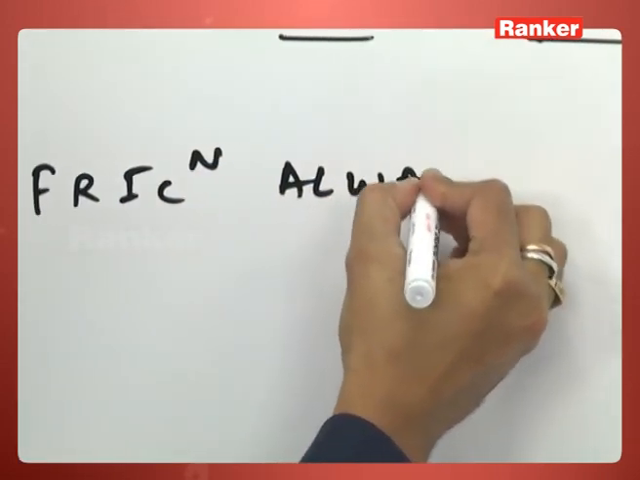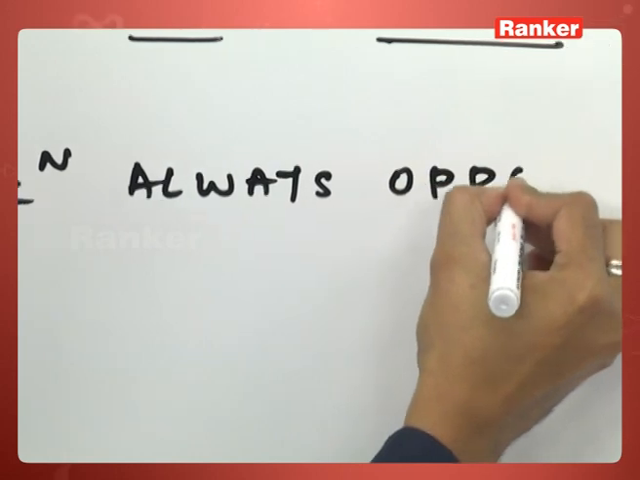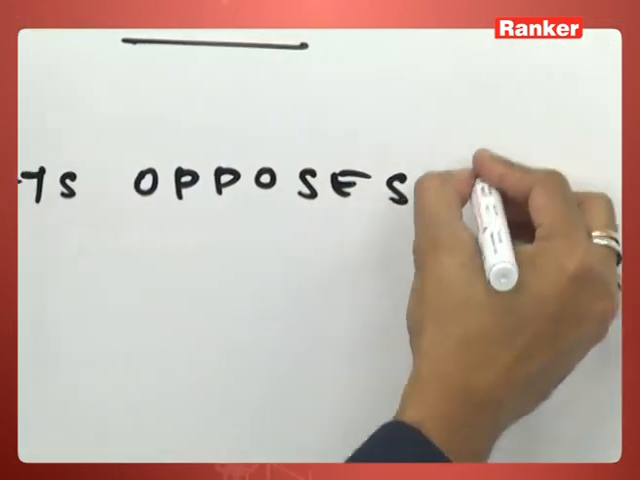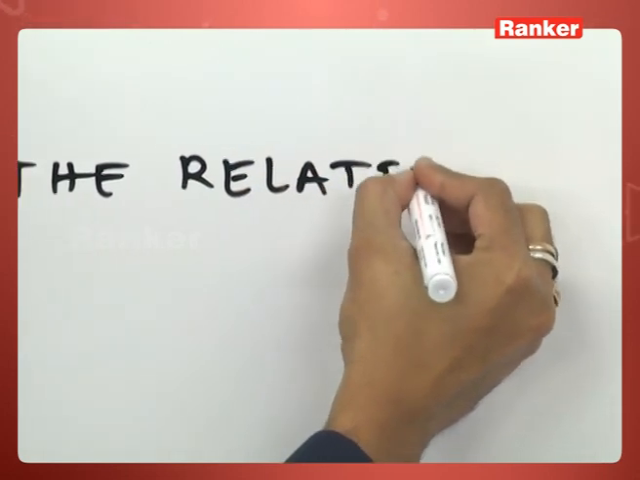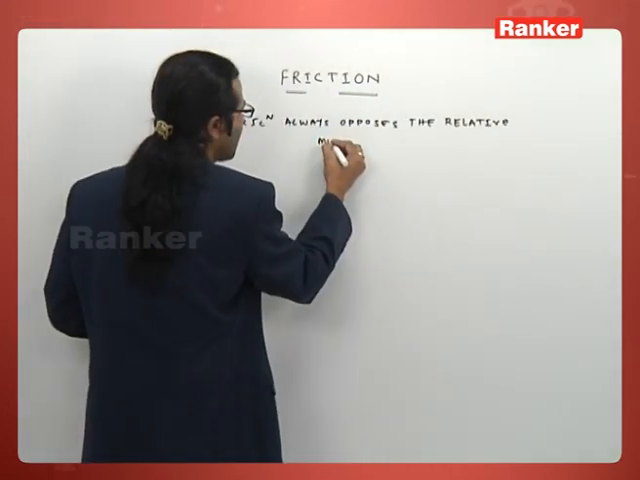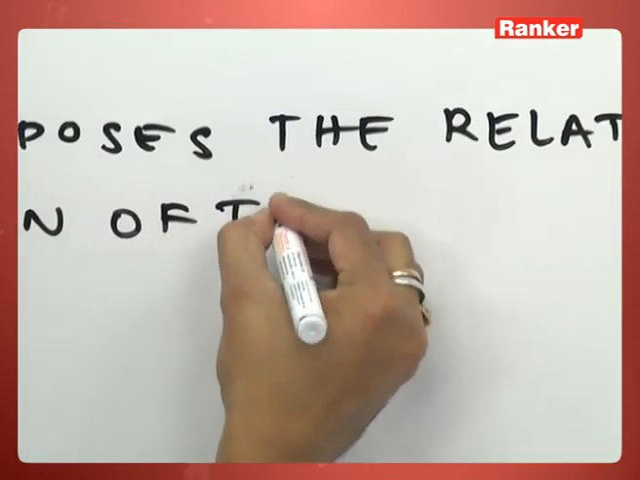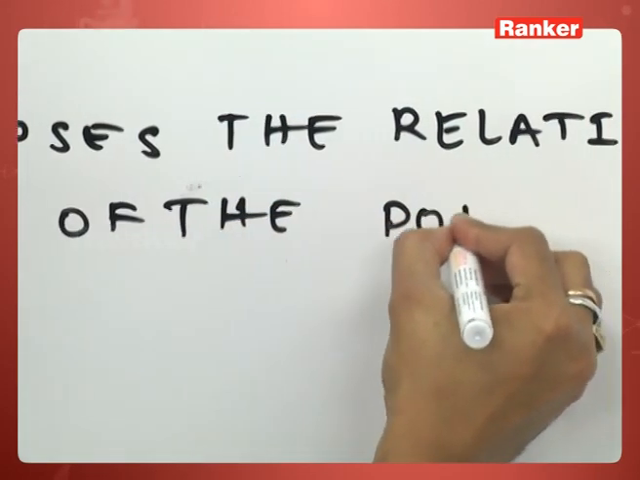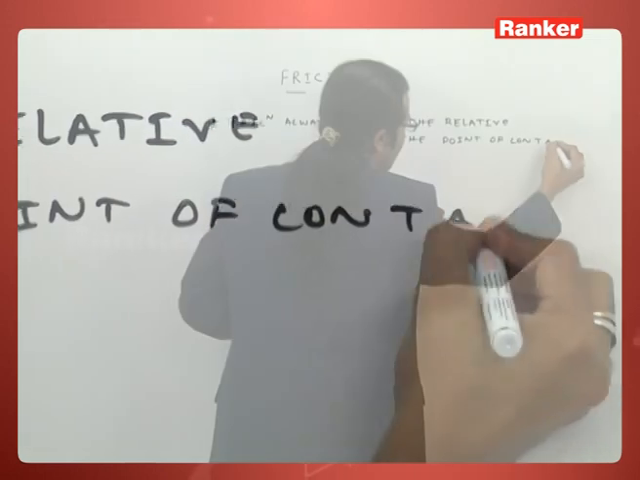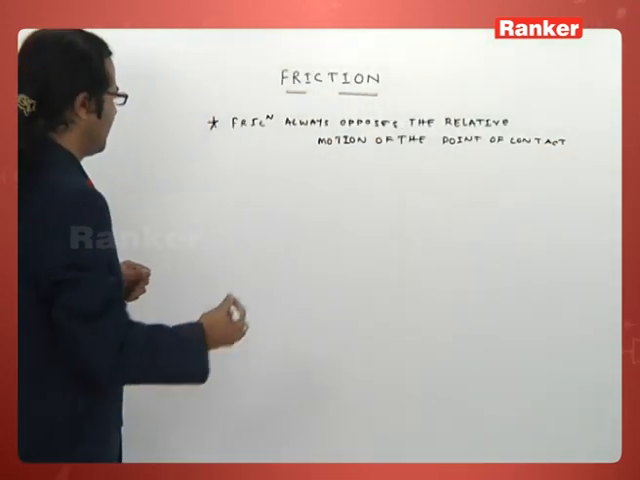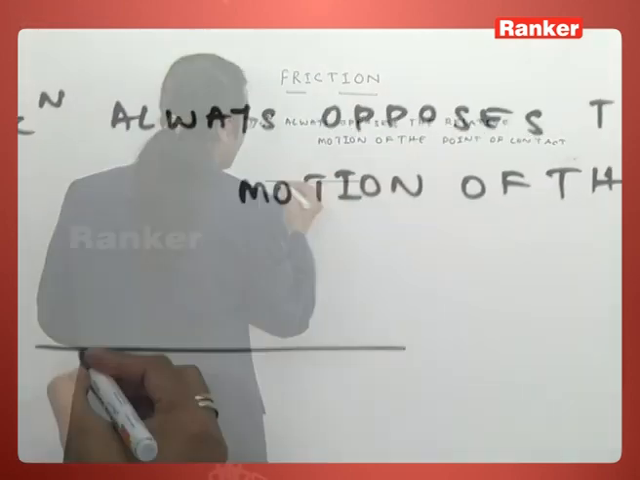Friction always opposes the relative motion at the point of contact. Examples, like we go with the basic, like I take this floor,